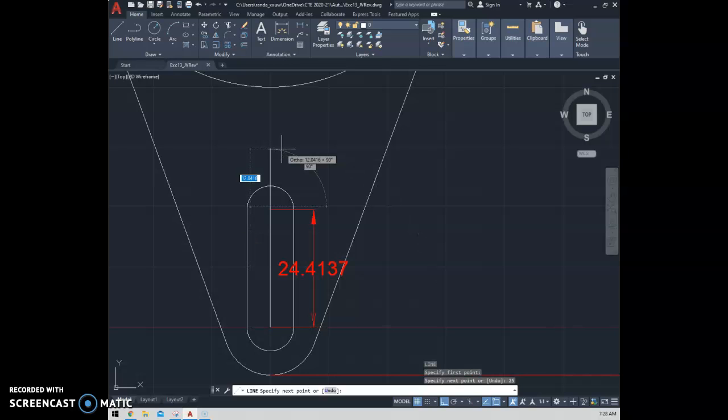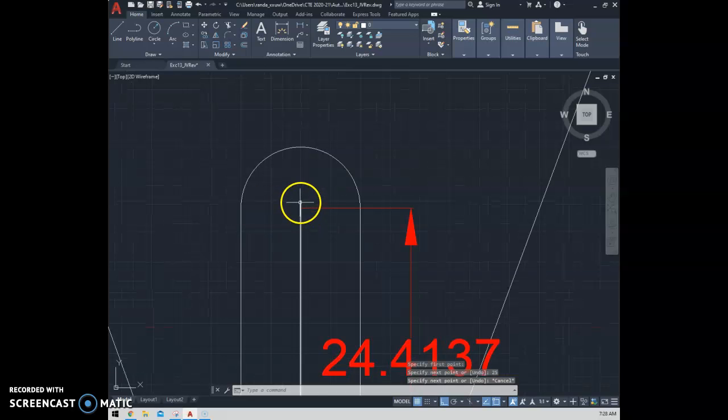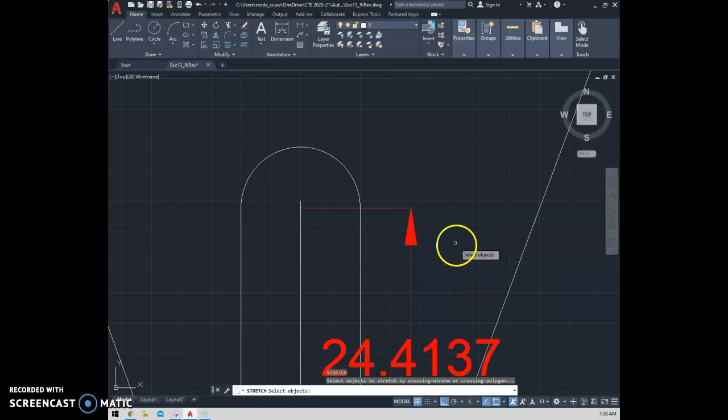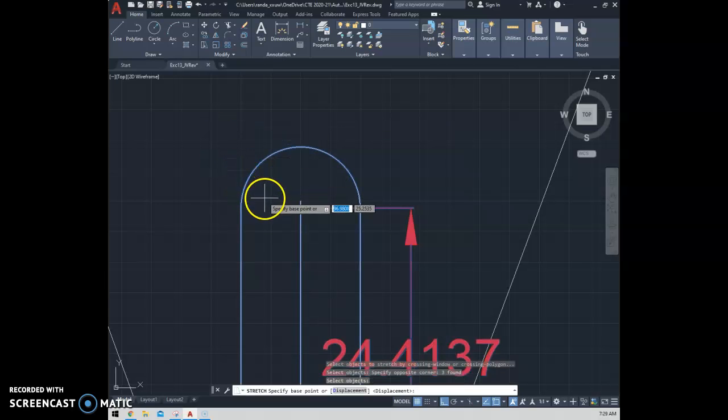Let's try that again. Yeah, that was right. You can see that it's off about that much. So what I can do is, again, using the stretch command, S. You can see it gives me the stretch there, enter. I'm going to grab the end of this pill shape, as I'm going to call it, and hit enter. I'm going to move the center of this